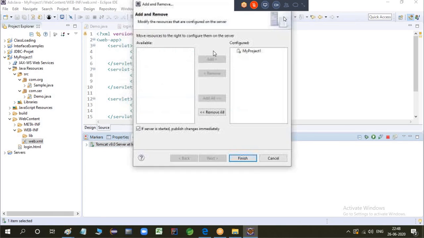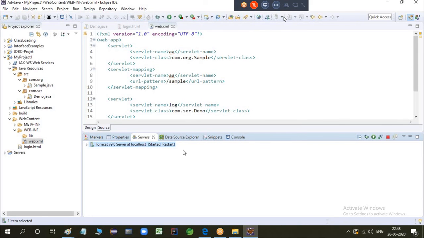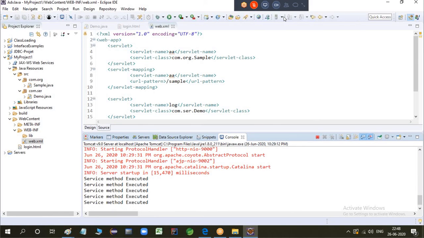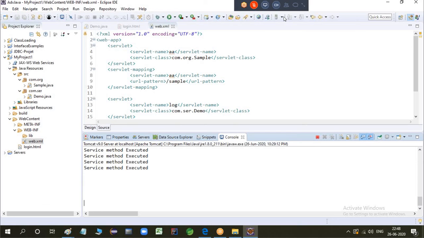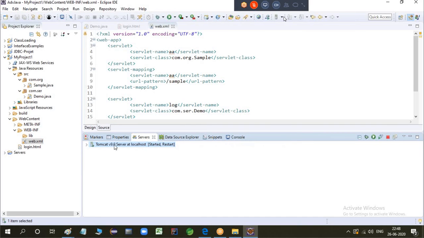Add or remove. In the same project only we are giving, right? I'm just removing and deploying one more time just for references. Where's my console? Or better we restart this one.